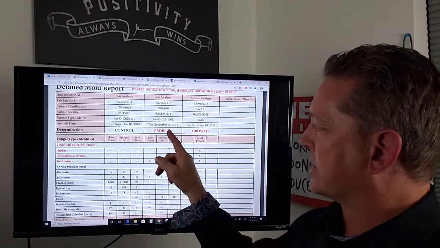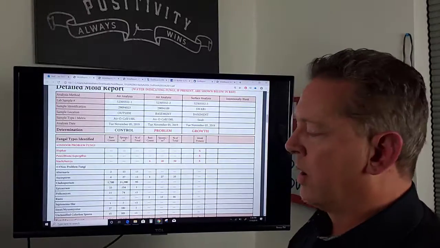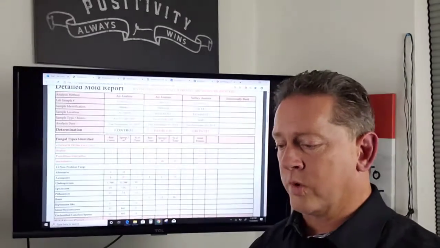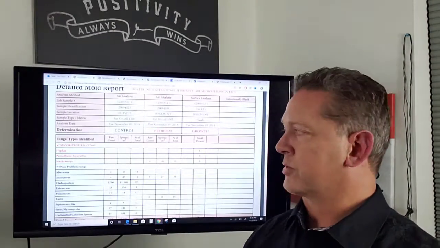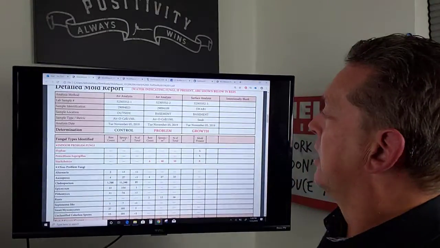But the lab identified this as a problem, so that means there's an issue with moisture, because mold is just a symptom of a moisture issue, so it needs to be taken care of. Okay, and then